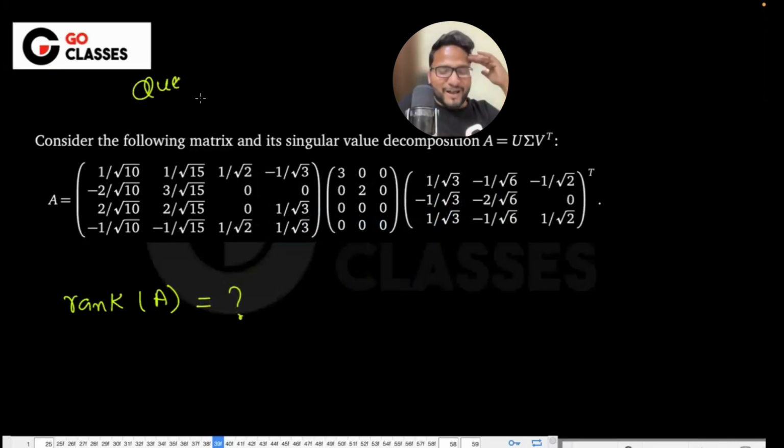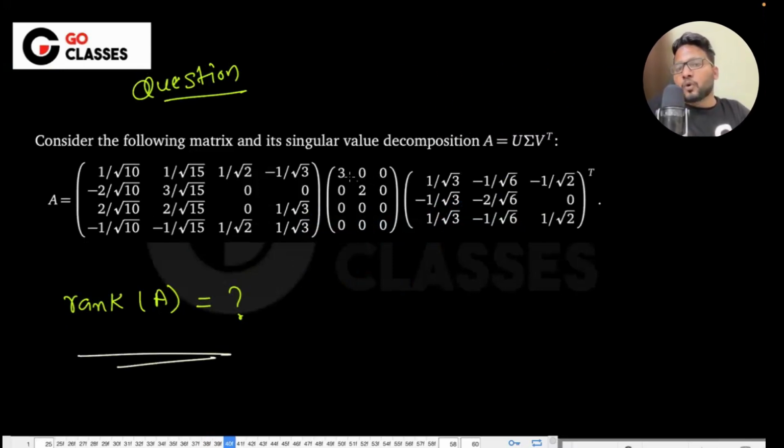Sorry, not eigenvalue decomposition, singular value decomposition. Okay. So this is singular value decomposition, not eigenvalue decomposition. So tell me the rank of A. This is the number of non-zero singular values, right? So directly you can say it is the number of non-zero singular values,